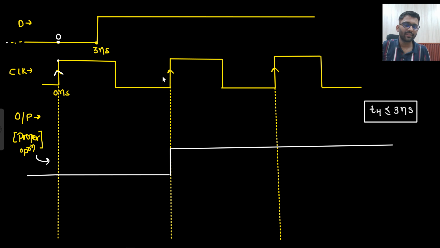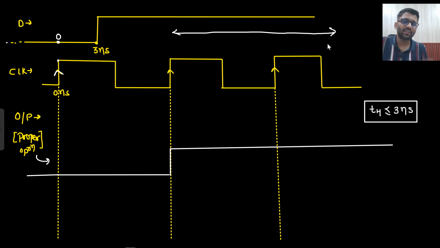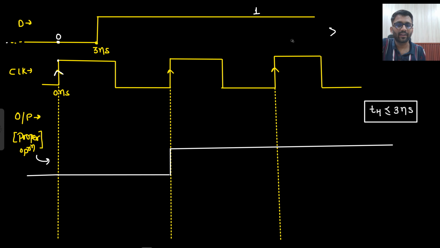Now you will come here. What will this clock say? I will look back and ahead. If I look ahead, what do I see? That my input is always stable. For infinite time, it is always at 1 only. So there is no issue about hold time. But if I look back from here, what do I see? That for this much of window,